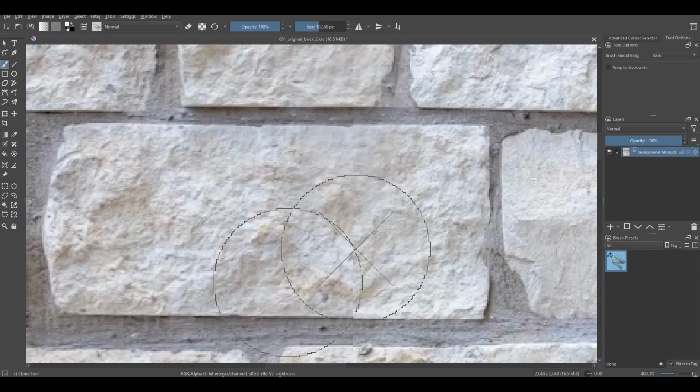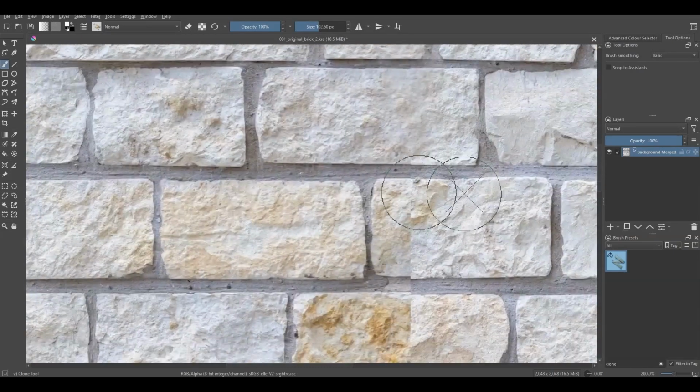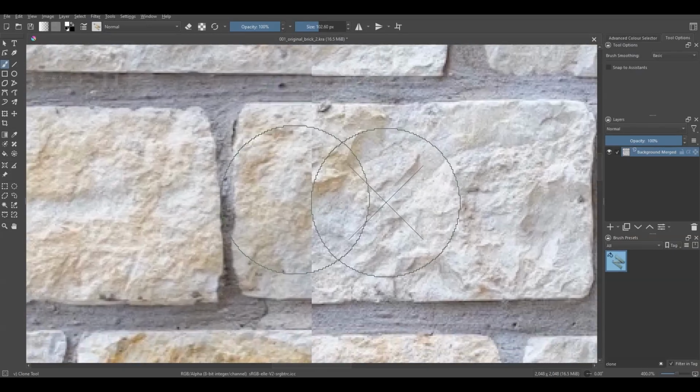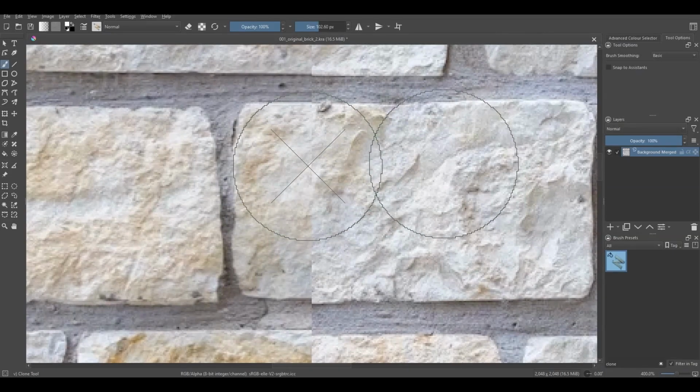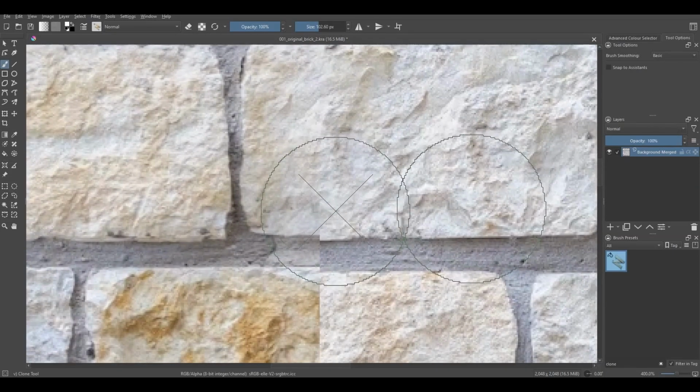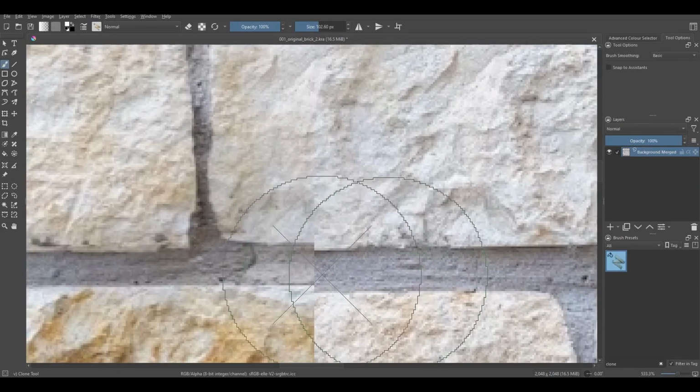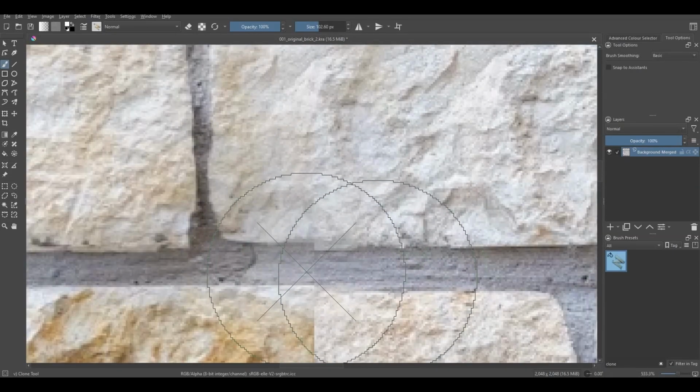maybe undo that, sample, tap, sample, tap, sample, tap,